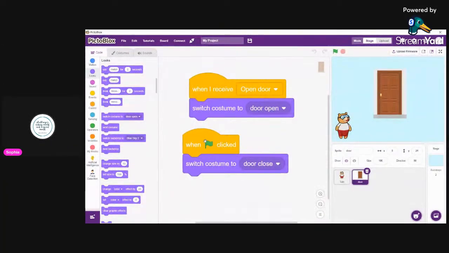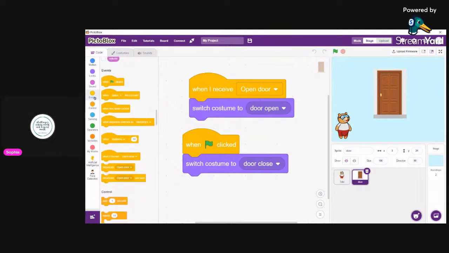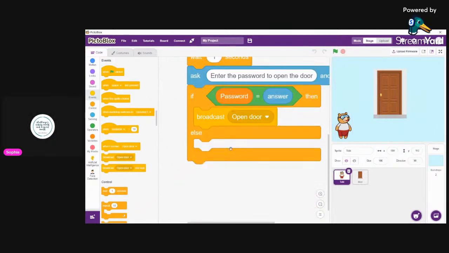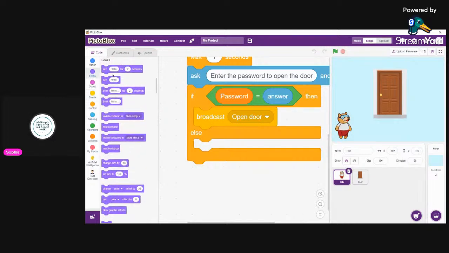So I did not share my screen, but I added this code. You're going to go in looks and put this block, and you're going to go in events and put this block. Okay. Then it's going to broadcast open door. But if I get it wrong, in this else statement, then I want to say that